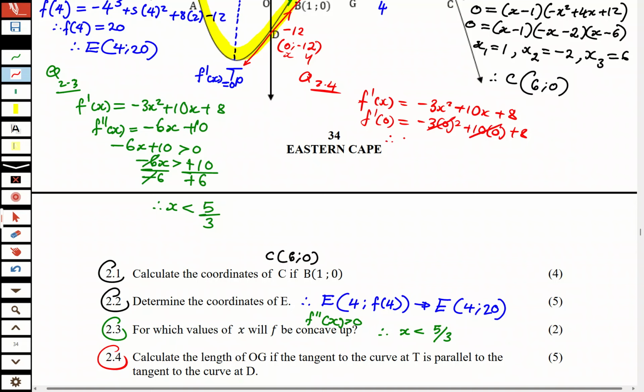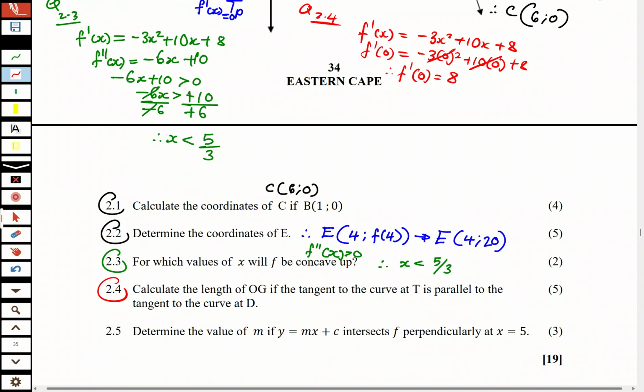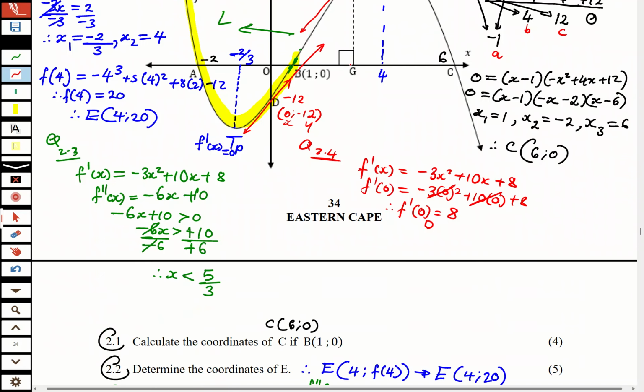So therefore, the gradient at x equals 0 is simply 8, a positive. And this makes sense. You can see the slope is sloping upwards, meaning it is giving you a positive slope there, and it is increasing. So this is the gradient at D. And we are told that D is parallel to T. So therefore, the gradient at T there